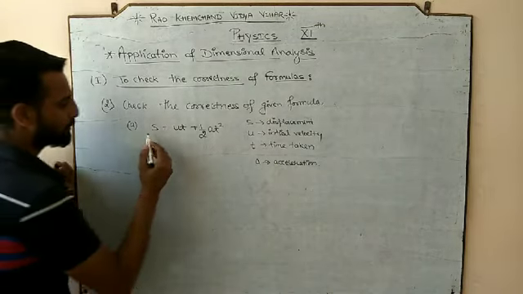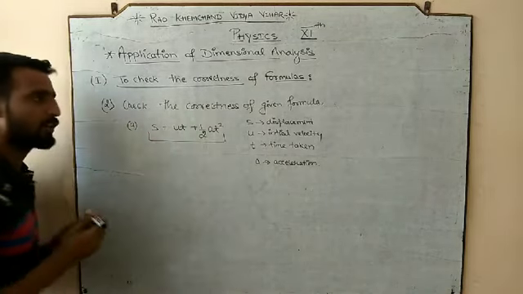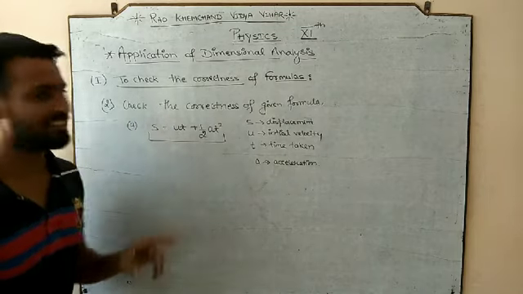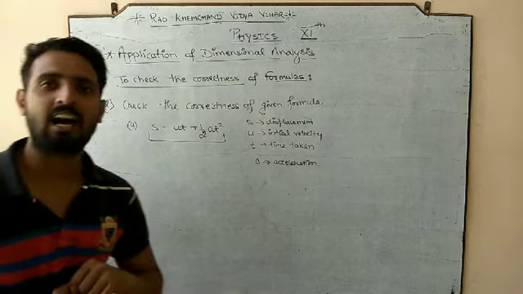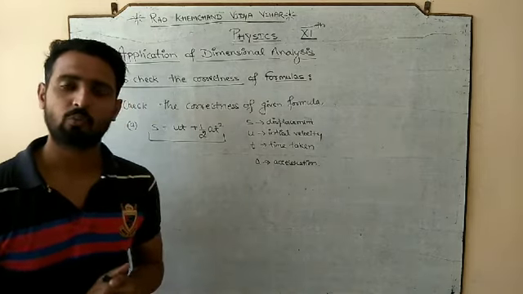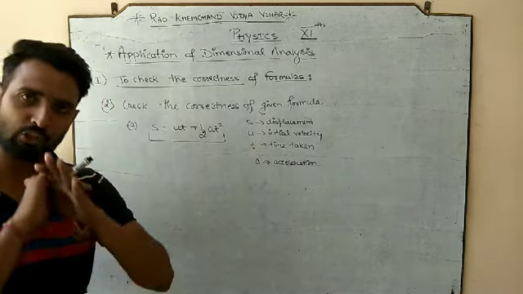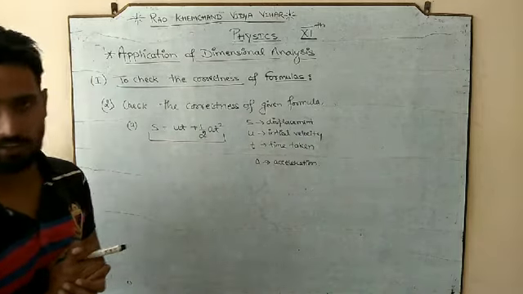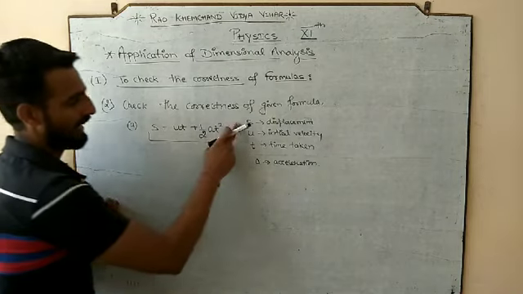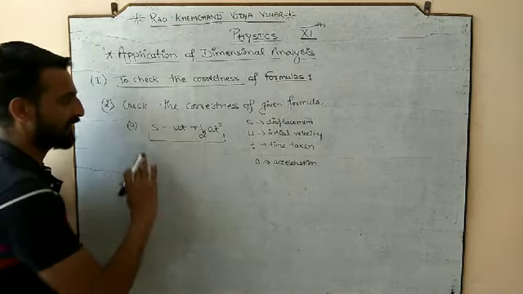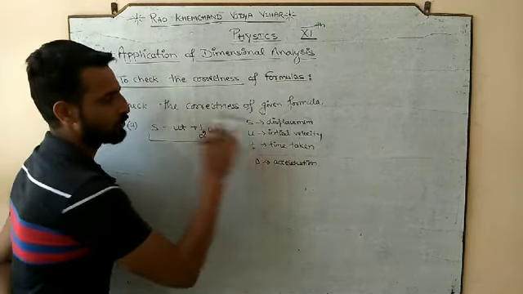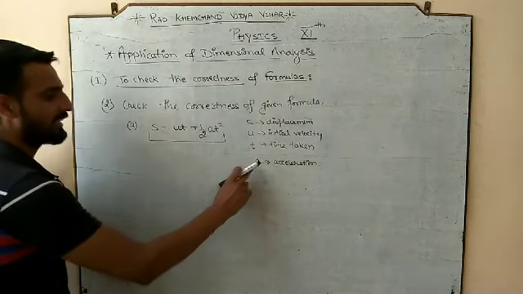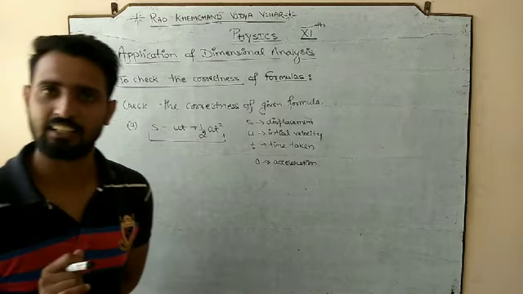So here I have been given a numerical or an expression, and that expression is S is equal to ut plus half at square. I know with that formula or with that expression you all are familiar. You have used this expression a lot of times in your 9th class. So where S stands for the displacement, so I am defining all the symbols. U stands for initial velocity, T stands for time taken, and A stands for acceleration.